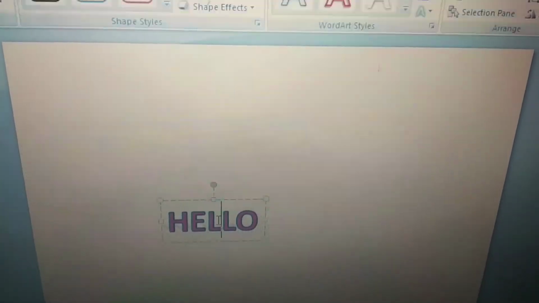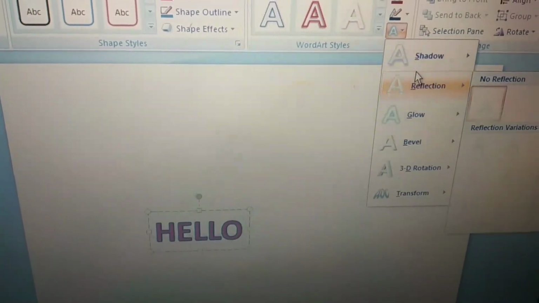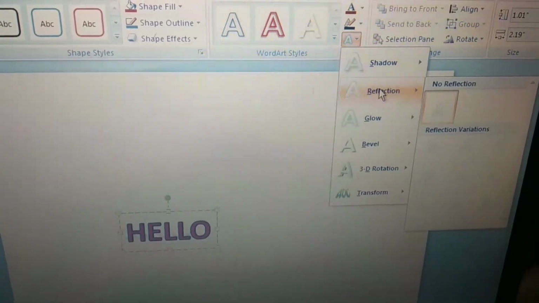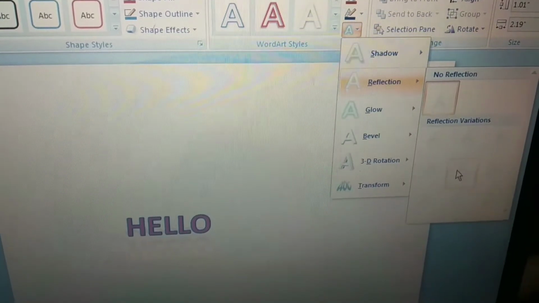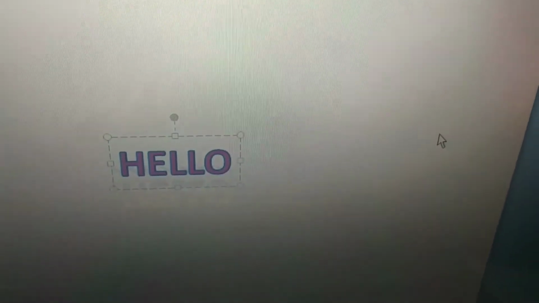After this, we can do other effects also, like reflection. In reflection, we can take any of the reflections. As I take this, now you can see a reflection below the word is coming.